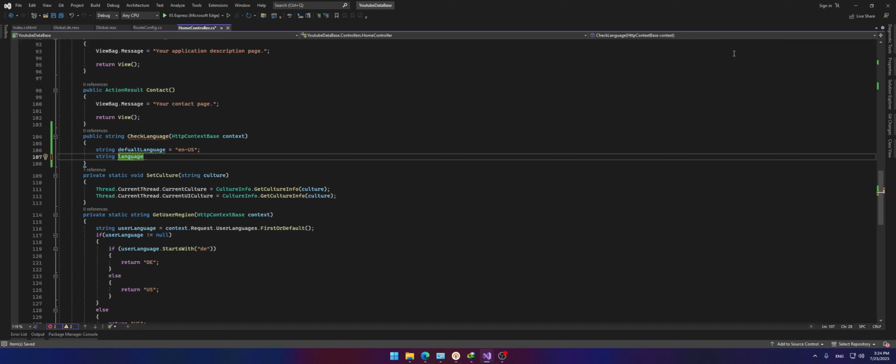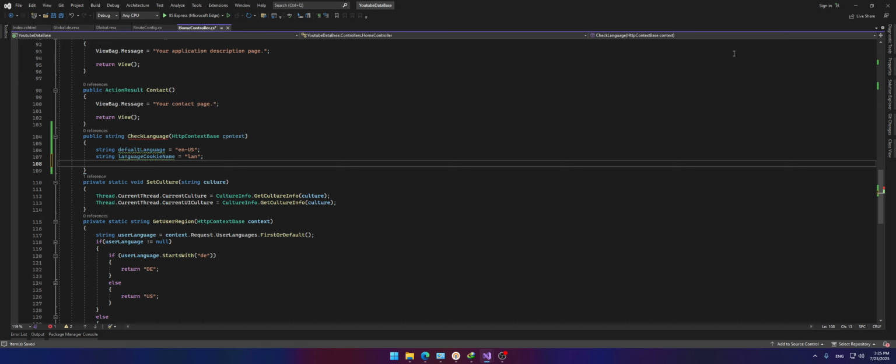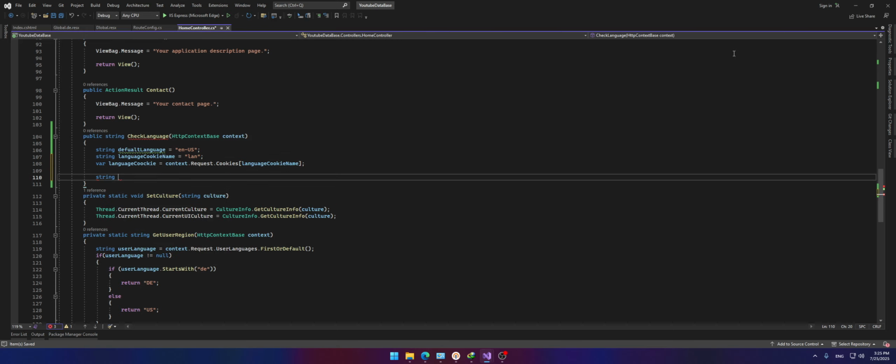cookie name is lan and variable language cookie is context dot request dot cookies language cookie names. So string language